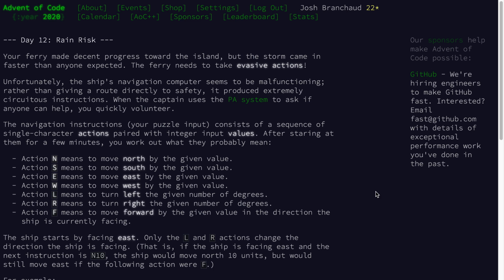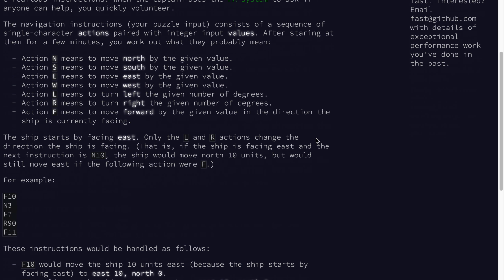This is Advent of Code 2020, day 12. The problem is called Rain Risk, and our ship's navigation computer is malfunctioning. We're on this ferry trying to get on our way to our vacation, but there's a storm and they need our help with the navigation system. So, the way this problem will work is we're going to be given a set of navigation instructions, and we need